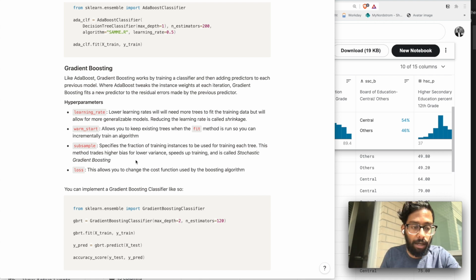subsample, and loss. I'll start off with loss because that's the easiest one. That just allows you to change the cost function used by the boosting algorithm. Then you have subsample, which specifies the fraction of training instances you want to be using for training each tree. And when you use less than all of the samples, then you're doing stochastic gradient boosting. And the reason you might want to do that is if you want your training to go along